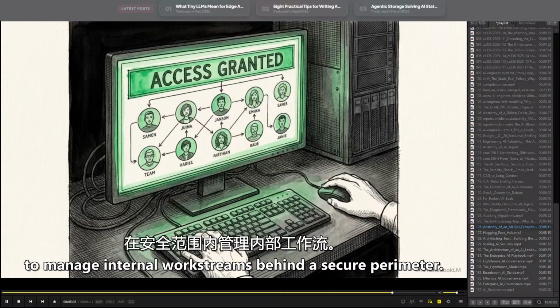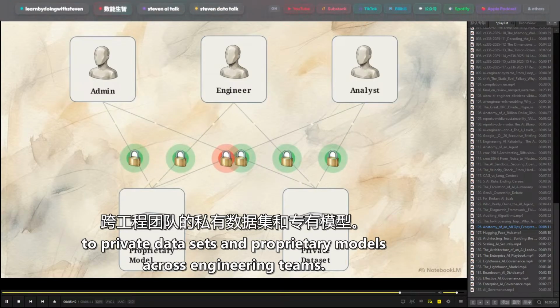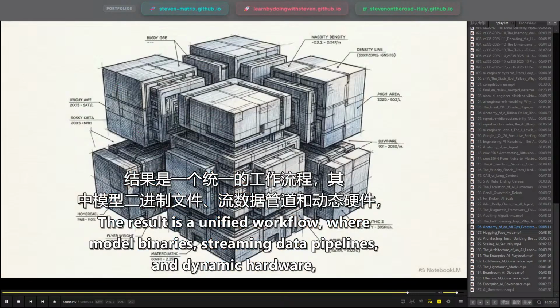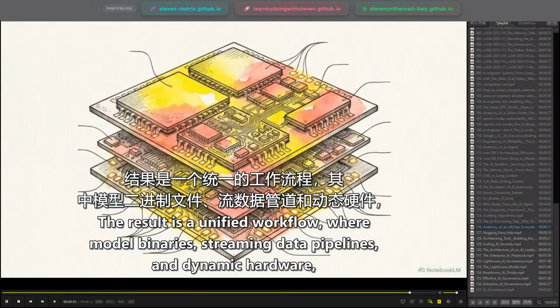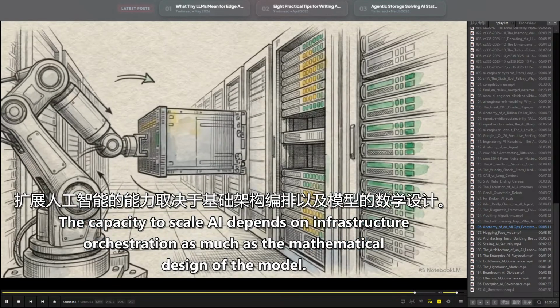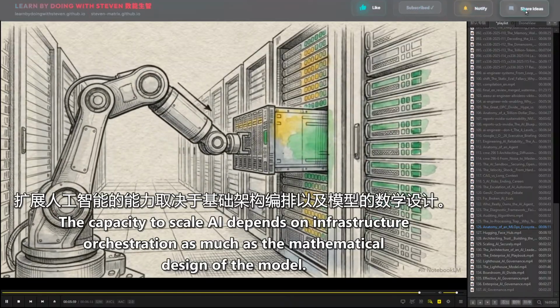secure perimeter. Granular control is managed through role-based access control, which governs collaborative access to private datasets and proprietary models across engineering teams. The result is a unified workflow, where model binaries, streaming data pipelines, and dynamic hardware are orchestrated in a single system. The capacity to scale AI depends on infrastructure orchestration as much as the mathematical design of